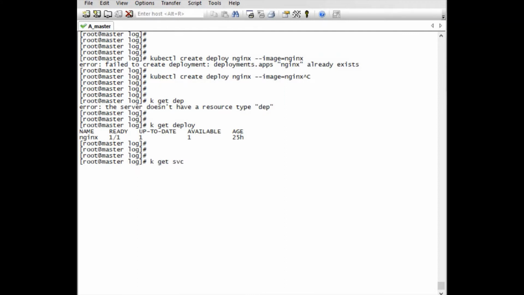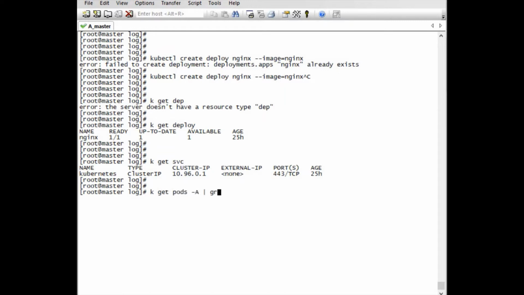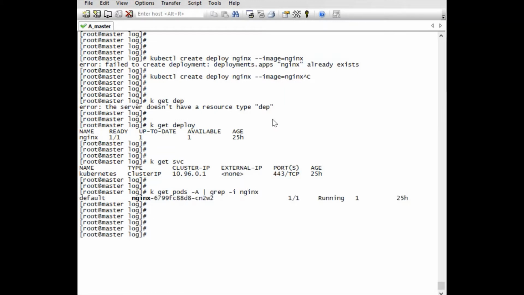Then let's see if we already have the service or not. Okay, just the ClusterIP service. So we already have the deployment nginx, and we have the pod also, running in the default namespace.